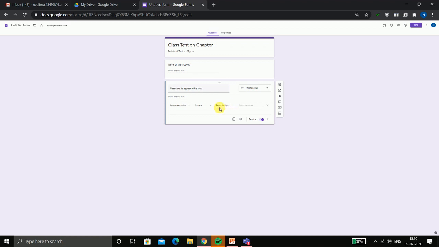Here you have to ensure that when you give the password to your students, the correct sequence of characters must be maintained. Means if you are specifying this string in lowercase, then it should be conveyed to them that they have to type in lowercase. If it is in uppercase, means all are in capitals, then you have to specify likewise. Otherwise, exact string is required whenever a student wants to appear in this test.